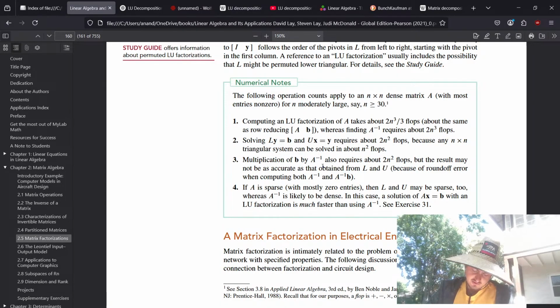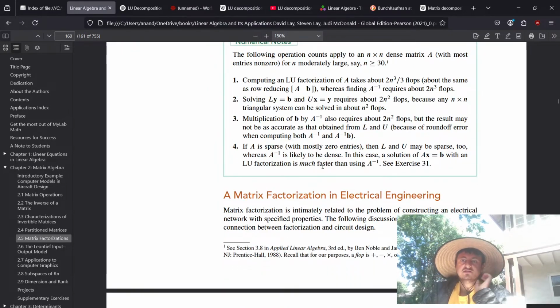So then A inverse b is like 2n cubed plus, I don't know why it's 2n squared, but anyways,